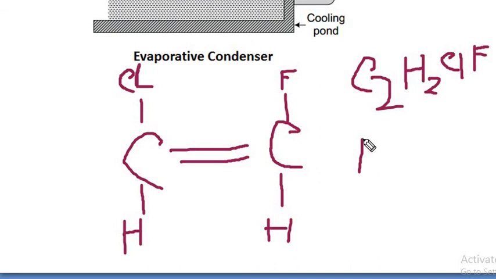Just write the R. Here, unsaturated hydrocarbon, which I told you. So the double bond is here. For unsaturated hydrocarbon, we have to write 1 first of all. Then how many carbons are there? Number of carbon is 2. So what will be the formula? Number of carbon minus 1, 2 minus 1 will be